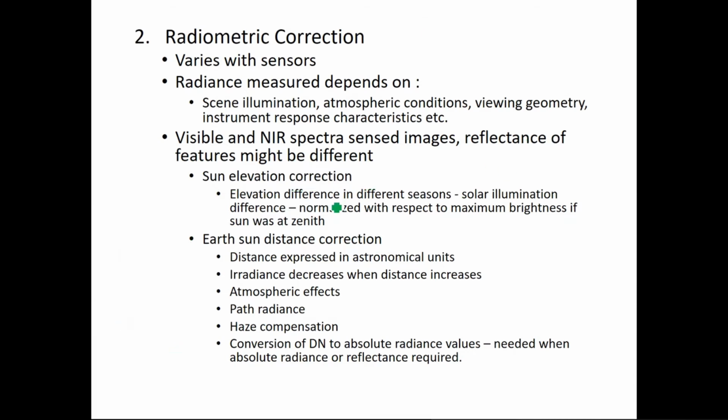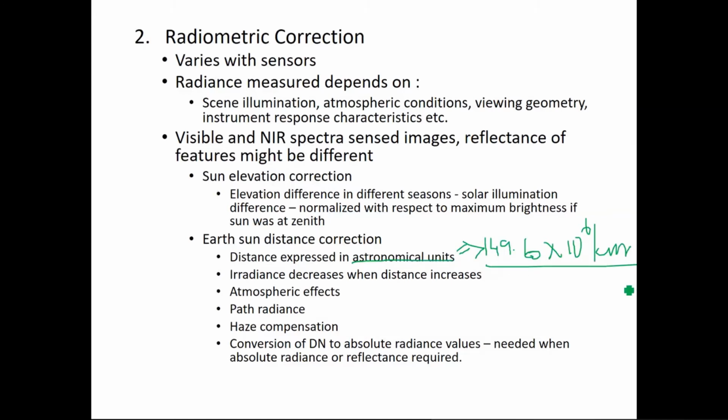So pretty simple. Next one is the Earth Sun distance correction. The distance is expressed in astronomical units. Do you know what is one astronomical unit? Have you heard of that term, astronomical unit? Just for your general knowledge. Anyone? Any idea? 149.6 times 10 power 6 kilometers. That is one